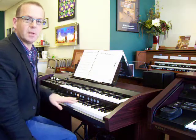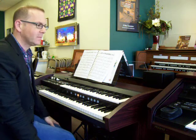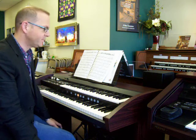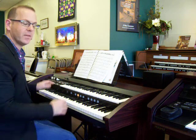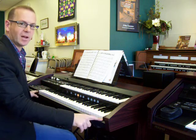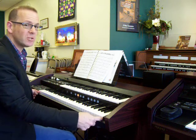I'm going to show you a little bit of piano style on this Roland Atelier. You could also do it on a Lowrey EZ or EY product. Any Roland Atelier will let you do this. The lower keyboard, you'll notice, is longer than the top. In this case, it's 61 notes that have 5 octaves across, which is pretty much standard on any larger instrument